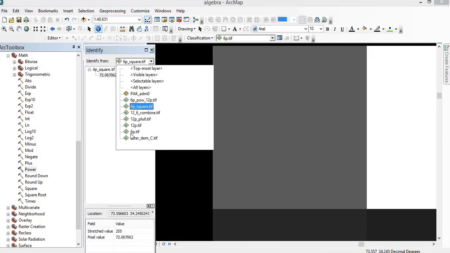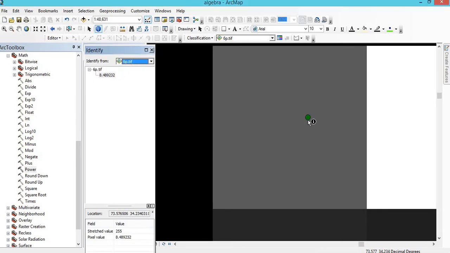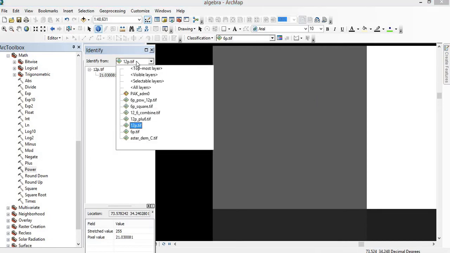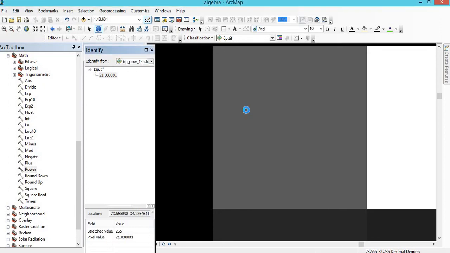Here what is the value in 6p? 8.48. And what is 12p? 21. Now the pixel will be 8 raised to power 21. So the data is in float. It is 10 raised to power, I think 18 or 19, whatsoever it is.